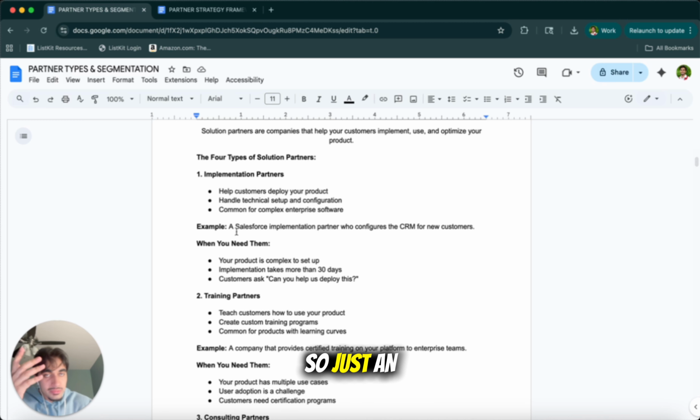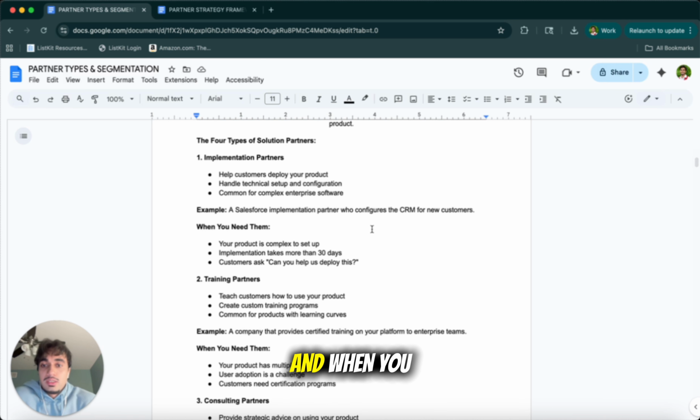So just an example, right? A Salesforce implementation partner who configures a CRM for new customers. Basically sets it up for them to get that first win really fast, which is what you want. And when you need them is when your product is complex to set up or to get that first win. Implementation takes more than 30 days, and customers ask, "How can you help deploy this?" Right? Some of you guys might offer services, which is great, and if you don't, then this is a perfect